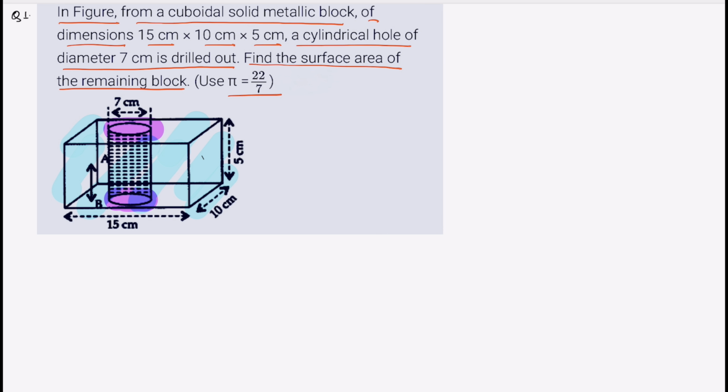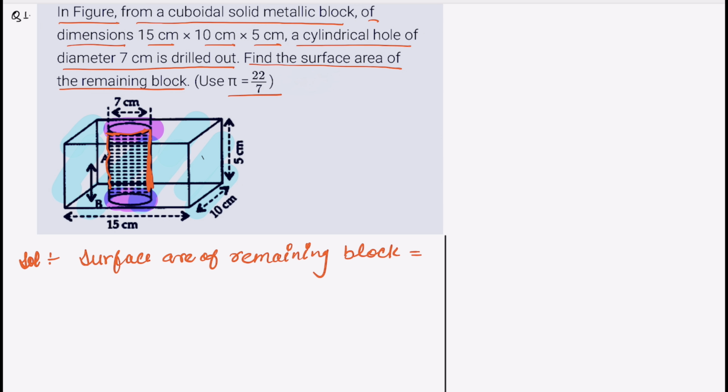Next, we have to add the curved surface area of this cylindrical hole. So we can say that the surface area of the remaining block